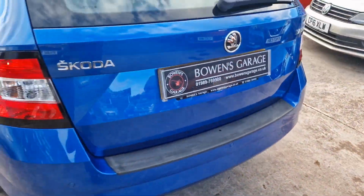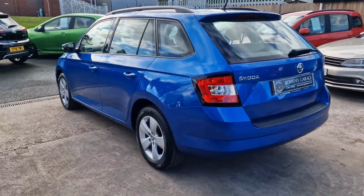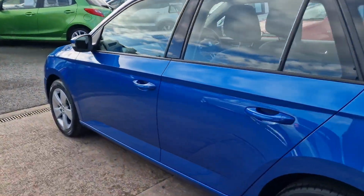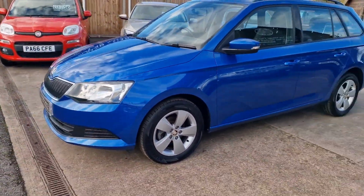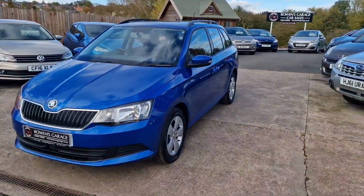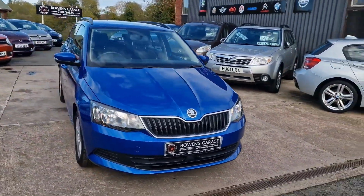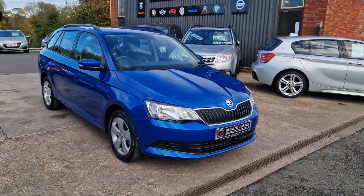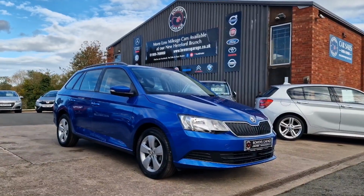September 2017, Skoda Fabia SE Estate, 1 litre petrol, with 6,000 miles. Excellent service history right the way through its life. And 60 plus miles to the gallon. The car will come supplied with a fresh MOT, 2 keys, along with our standard 6-month nationwide covered in-house supplied warranty,